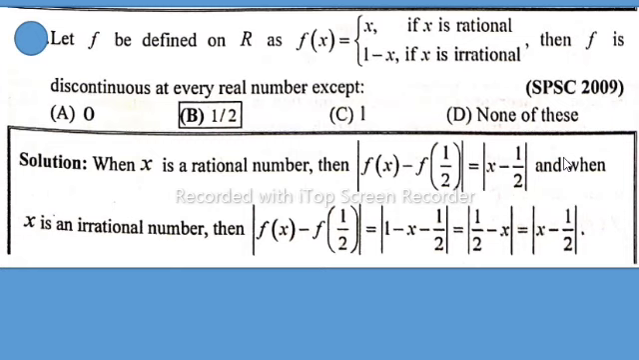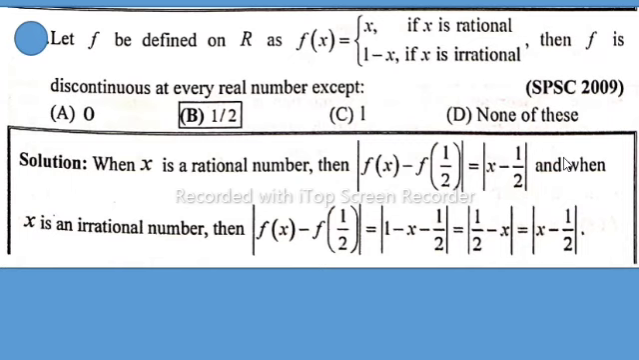In this lecture, I will solve the past paper for SPSC 2009 that is most relevant from the paper's point of view. So let's start. Let f be defined on the real numbers as f of x is equal to x if x is rational, 1 minus x if x is irrational. Then f is discontinuous at every real number except